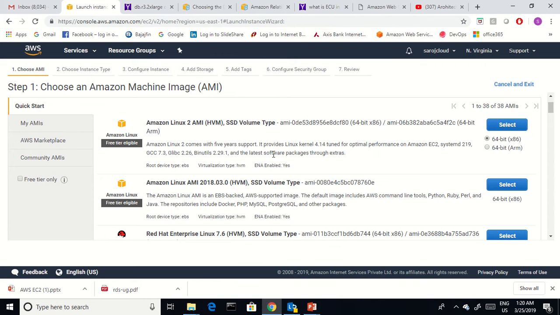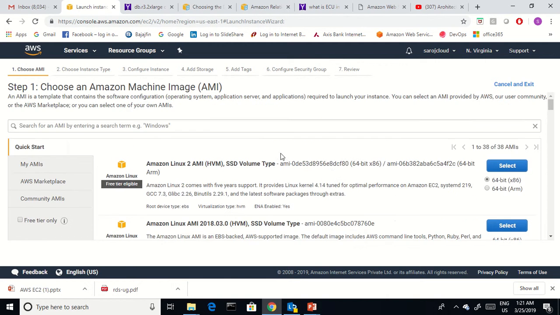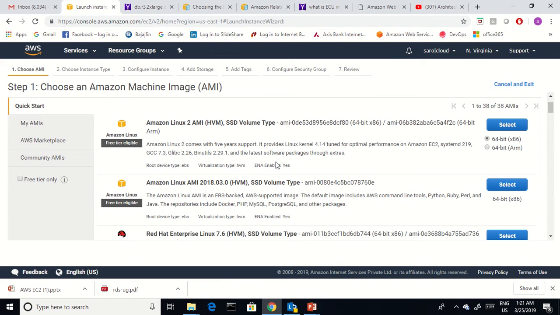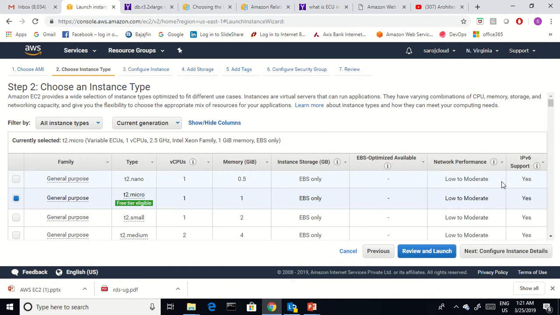Free tier means we do not have to pay anything upfront. There are no charges by the AWS Amazon services. So now I'm going to launch one Amazon Linux machine. This is the free tier. I'll select this one or this one, anything, but now I'll select this one. It is 64-bit. So now we are on the instance type selection page, where the configuration settings will be